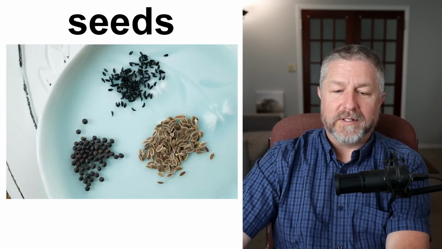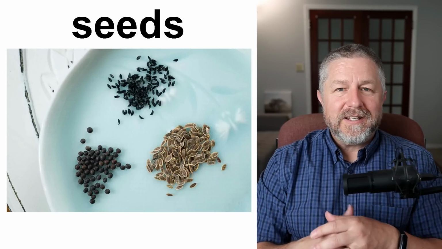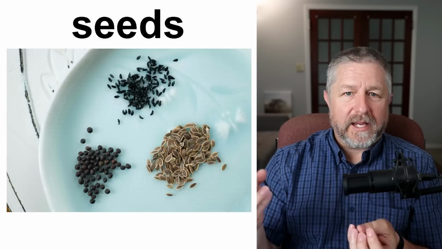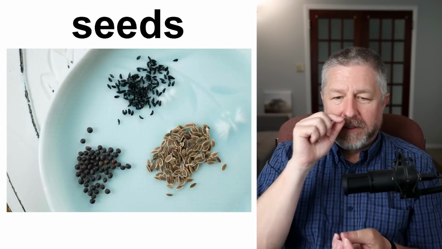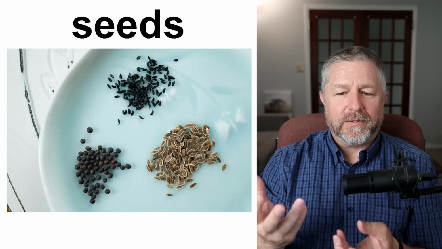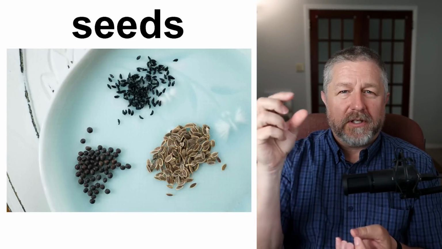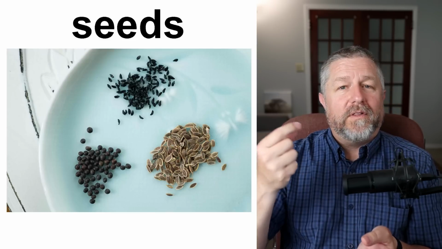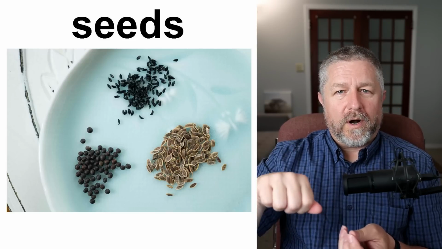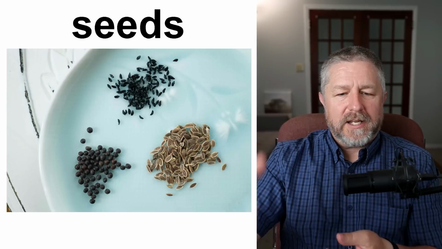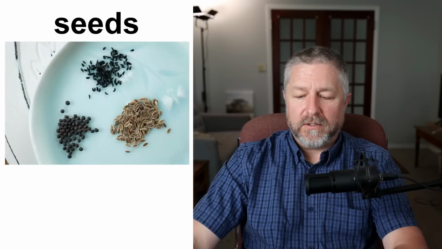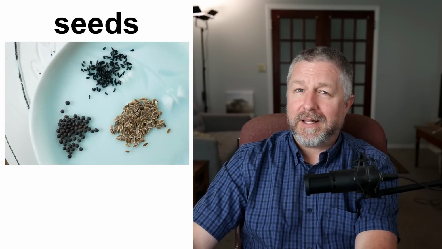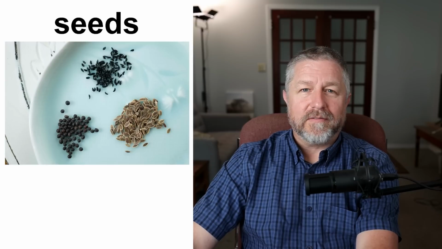Seeds. This is one of my favorite ones because I'm a flower farmer. Seeds are tiny, and when you put them in the ground, and when they get some warmth and some water, they will grow. So when you have things like sunflowers, they will bloom, and eventually you can get the sunflower seeds, and you can either eat them, they're yummy, or the next year you can plant them in the ground, water them, and if you have some warm, sunny days, eventually the seed will grow into another sunflower. It's very, very cool. It's probably the most amazing thing that I know about, the ability of plants to